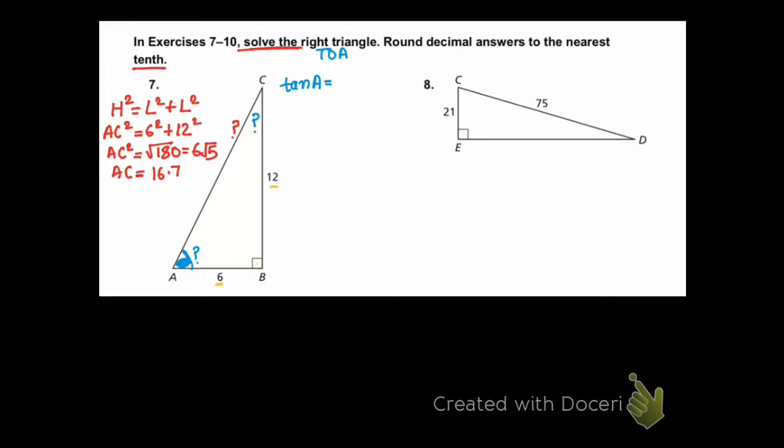For this angle A, this is opposite and this is adjacent, so 12 over 6, and that's 2. So tangent A is 2 and I have to find A. So the measurement of angle A is inverse of tangent 2. And when you solve it,